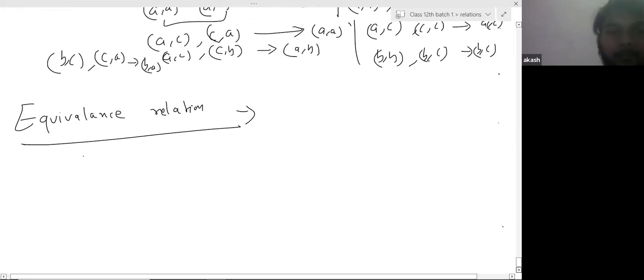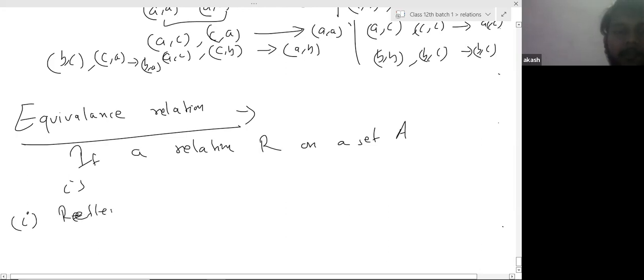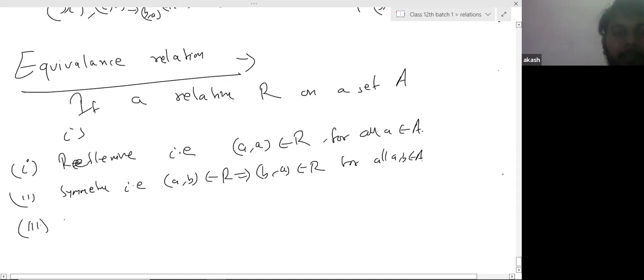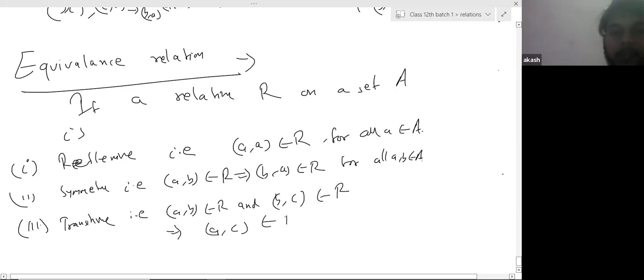If a relation R on a set A is reflexive, that is A comma A belongs to R for all A belongs to A; symmetric, that is A comma B belongs to R implies B comma A belongs to R for all A comma B belongs to A; and transitive, that is A comma B belongs to R and B comma C belongs to R implies A comma C belongs to R for all A comma B comma C,